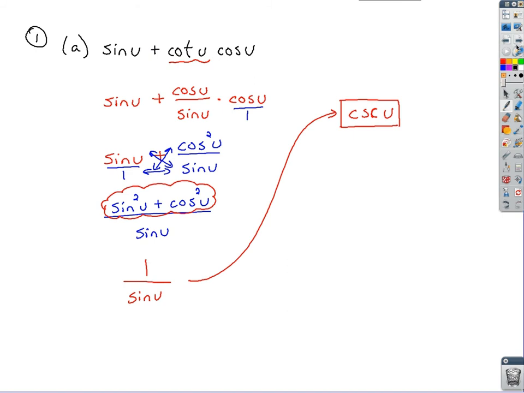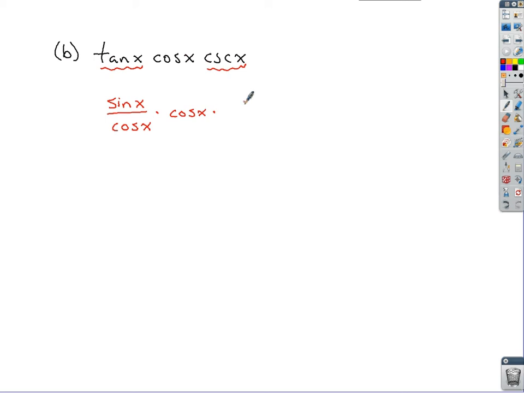Another example, part B, we have the tangent of x times the cosine of x times the cosecant of x. Just like I did on the first one, I'd start by taking, in this case, tangent of x and cosecant of x, and change those over so they're in terms of sine or cosine. Tangent of x converts to sine of x over cosine of x. That's being multiplied to the cosine of x in the middle, times cosecant of x, that converts over to 1